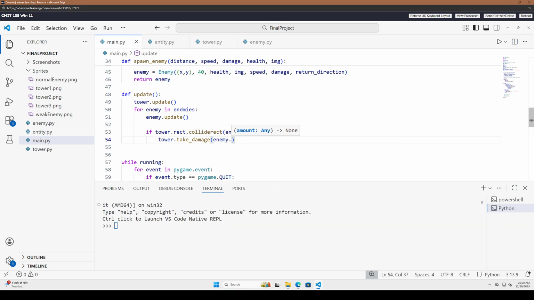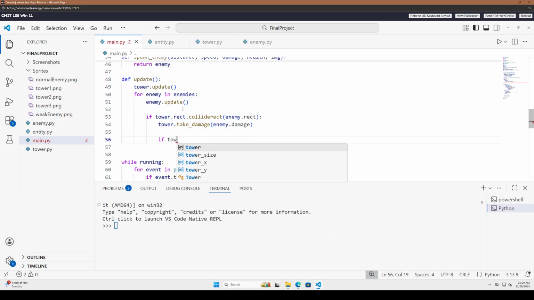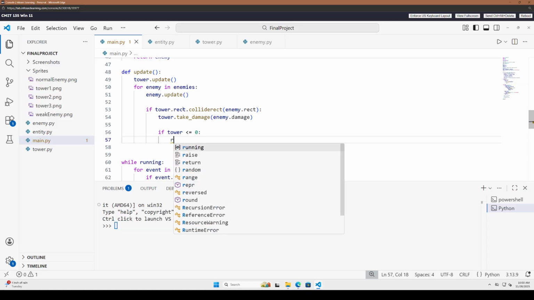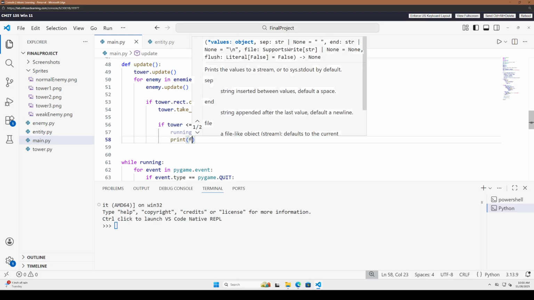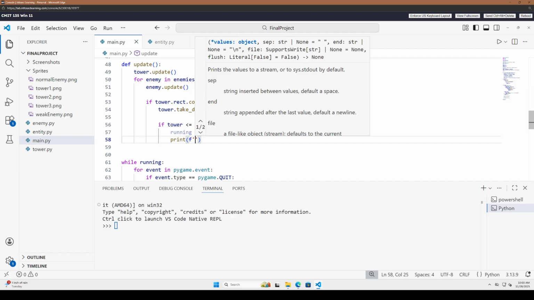Damage of the enemy dot damage. And then what we're going to check is if the tower's health is less than or equal to 0. If it is, then our game is ended, so running is going to be equal to false. We're going to print an F string of